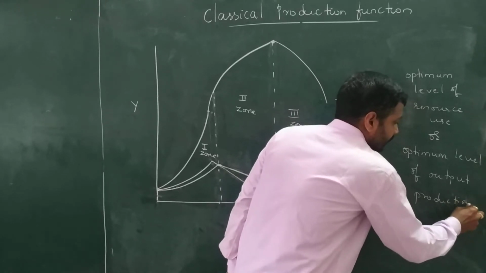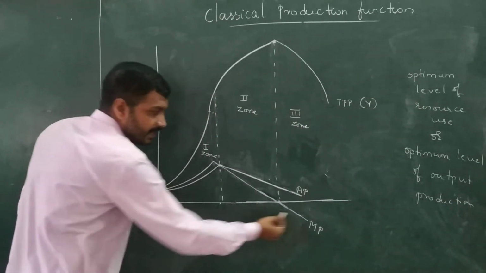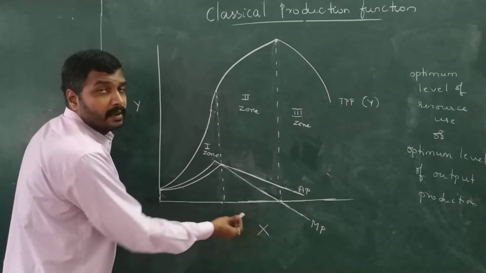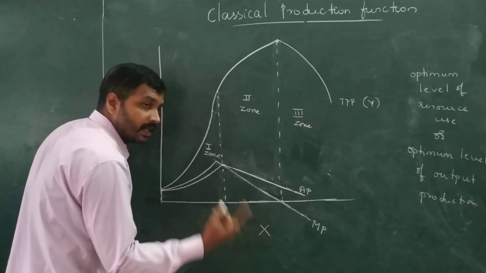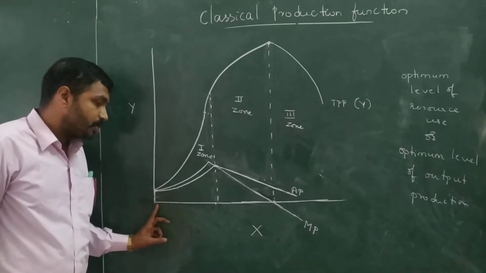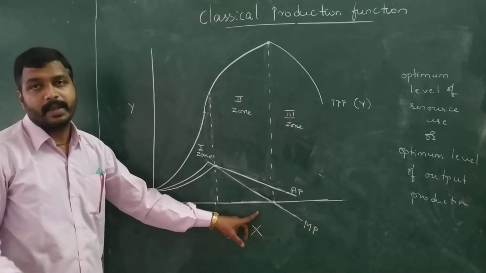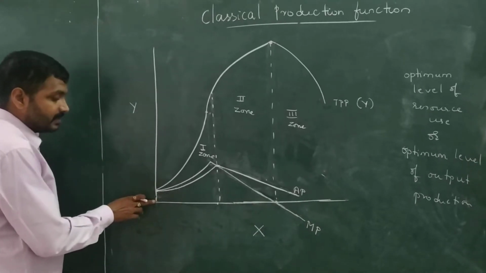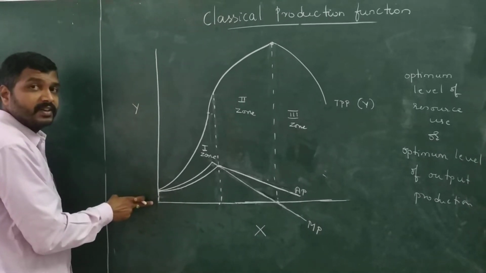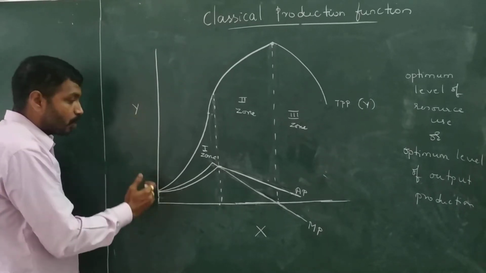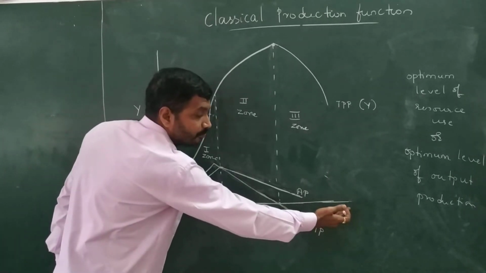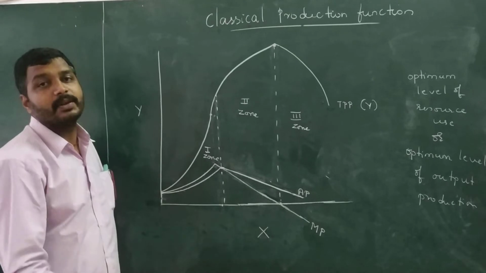How? See here, if we consider the x-axis, then we can decide what should be the level of input that the farmer should apply. Because we are dealing with a single variable input which is being applied on the fixed factor line, the farmer has to make a decision on how much he should apply such that his profit will be maximum. In another way around, it can be answered in this way: how much output should he produce, which is referred to when we consider the y-axis. What should be the optimum level of output that he should produce, or the optimum level of input that he should use, such that his profit will be maximum.